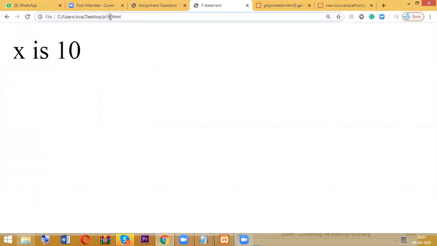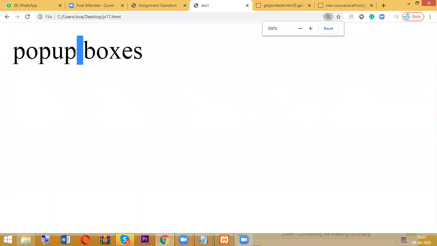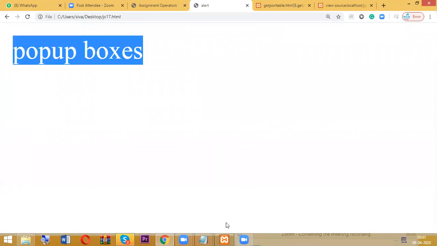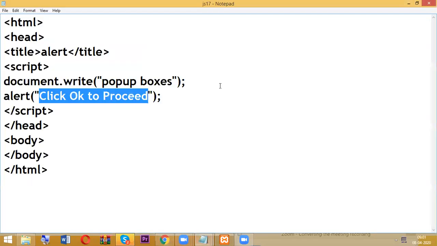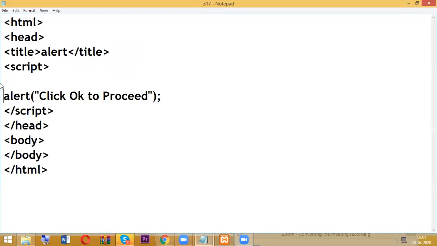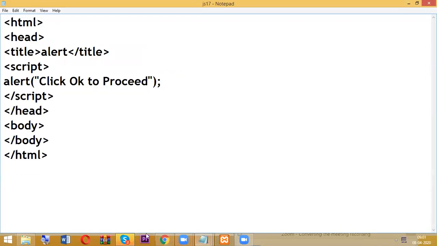JS17. Click OK to proceed. So just click on OK. It will hide. Then as usual, our document.write will be executed. Right now you need to bother about only alert, if you want to display in a pop-up box.